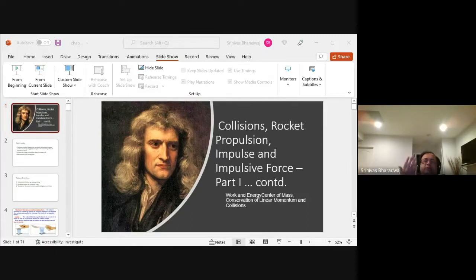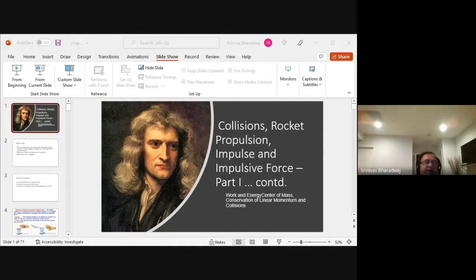One possibility is that they hit each other and move together, which is an inelastic collision. But if they hit each other and move apart like this or like this, then it is semi-elastic or perfectly elastic. When it's perfectly elastic, kinetic energy is also conserved. Let me say it one more time: only when it's perfectly elastic is kinetic energy also conserved. So you will have both momentum conservation and kinetic energy conservation only in a perfectly elastic collision.